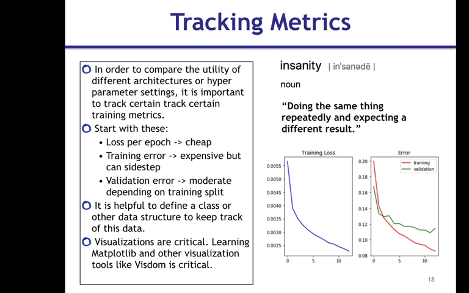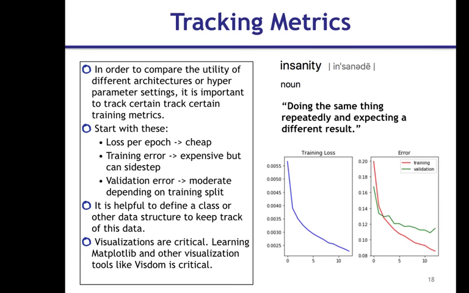Okay, so while we're waiting for the networks to train using our optimizers, another important thing when training networks is tracking metrics. There are many hyperparameters to the network. You can set different things, different learning rates, different sizes, everything. So you need a consistent way of comparing all of these across different architectures, because you want to figure out which is the most appropriate for your task. Which is why it's important to